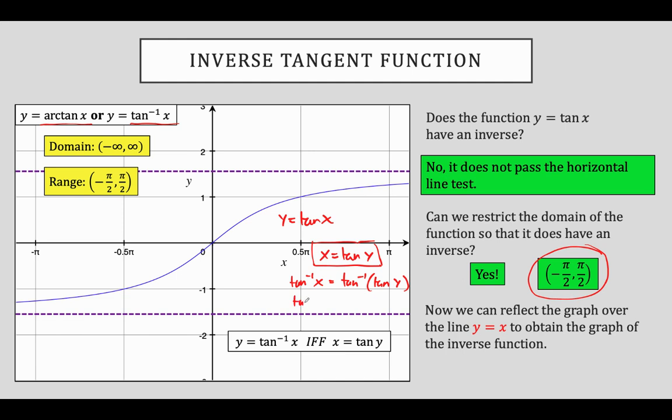We get the inverse tangent of x is equal to, inverse operations cancel each other out, y. y is equal to the inverse tangent of x, and x is equal to the tangent of y. Both of these statements mean the exact same thing. We just like the one where we have y written as a function of x. All right, so there you have it, an introduction to our inverse trig functions